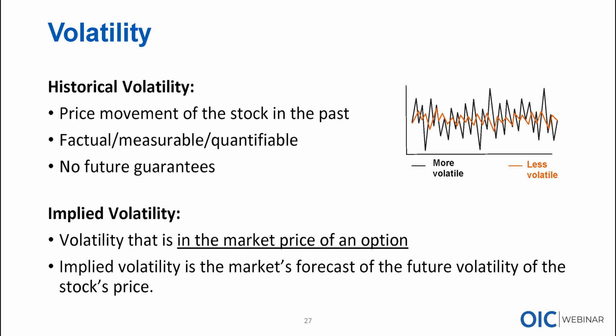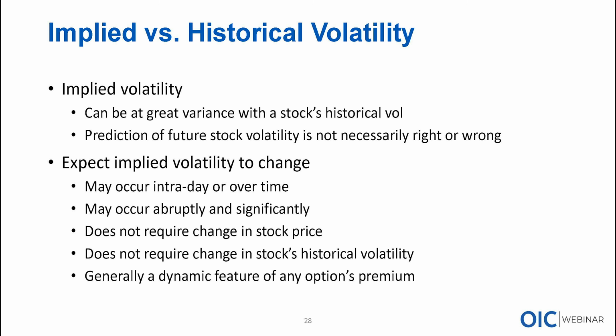You can look at it as historic volatility is what had already happened. Implied volatility is what we expect to happen. And the implied volatility can be at great variance with the stock's historical vol. What I mean by that is that the stock can be flat, right? The stock can be trading 20 one day, 20 the next day, 20 the next day, and not really moving around. But if there's some event on the horizon, whether it be earnings, a Fed announcement, for example,